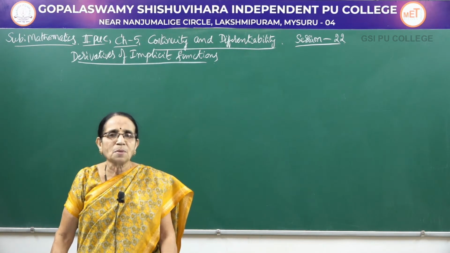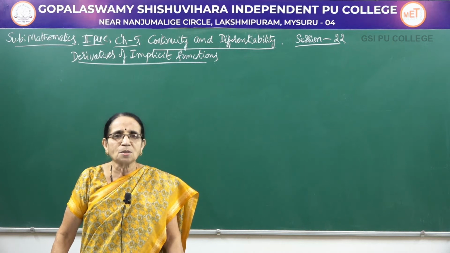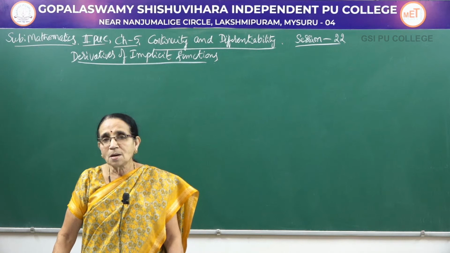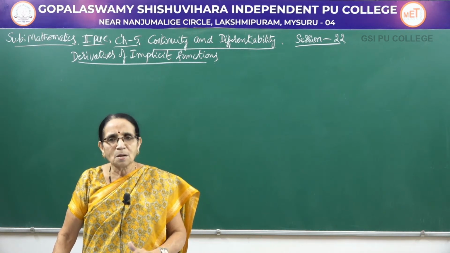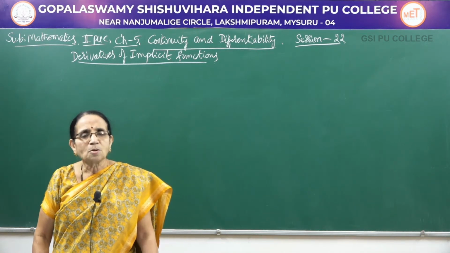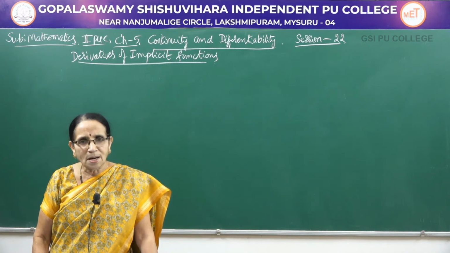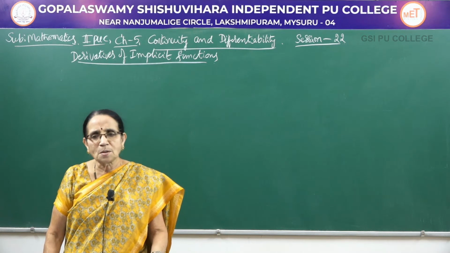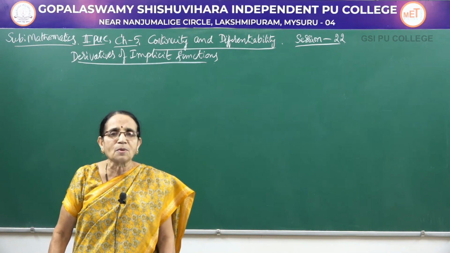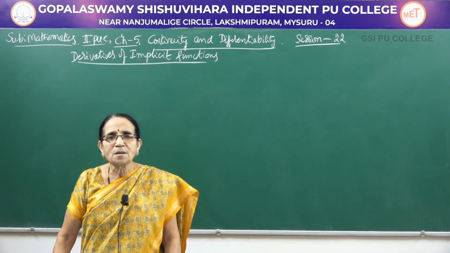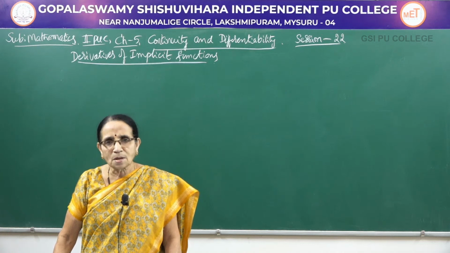An implicit function means a function in which y is not clearly expressed in terms of x. So, here both x and y terms would be mixed up in all the terms. So, the procedure is you have to differentiate each and every term with respect to x, and then whichever terms contain dy by dx as a factor, take out the common factor, and then finally rearranging the terms, we can get the derivative of y with respect to x. In other words, we will be getting the value of dy by dx.